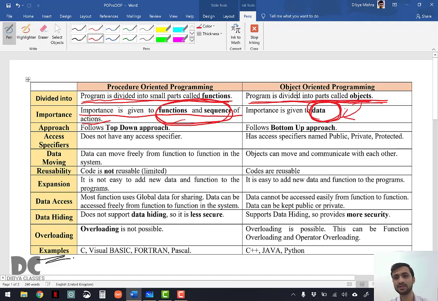So since object is there, the importance is given to data. Since function is there, therefore importance is given to functions. Then the approach. POP follows a top-down approach, and OOP follows a bottom-up approach.